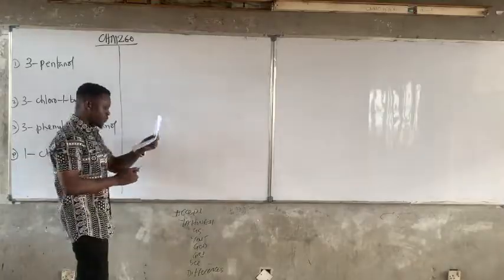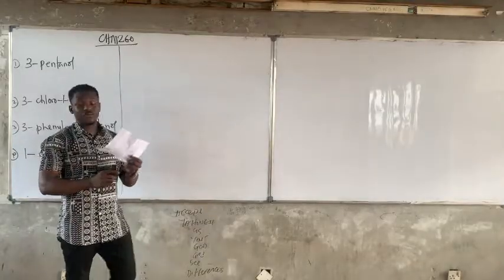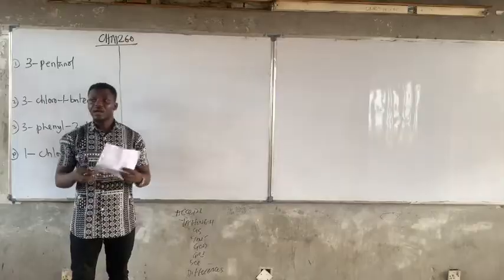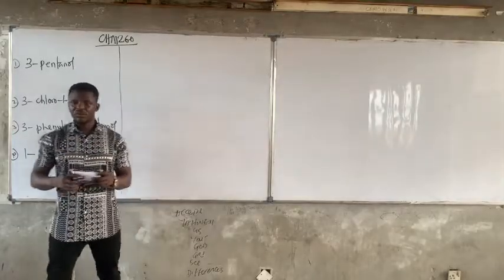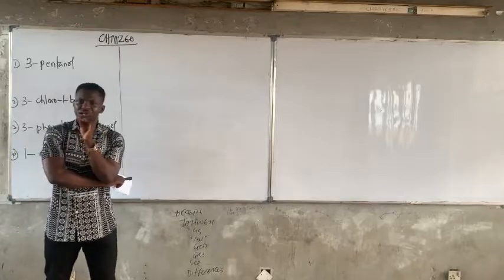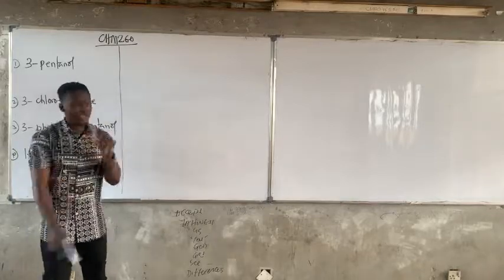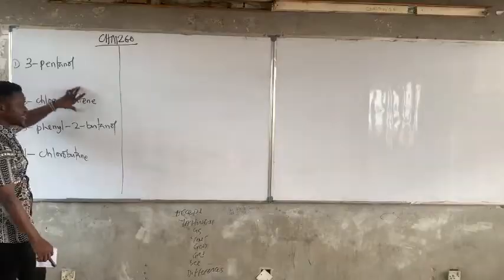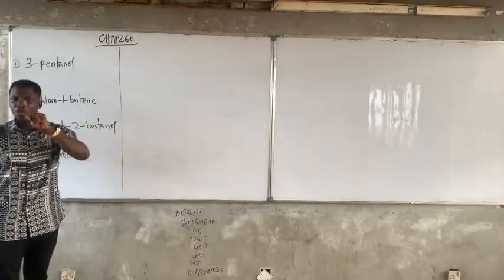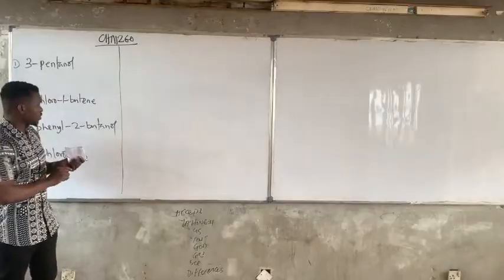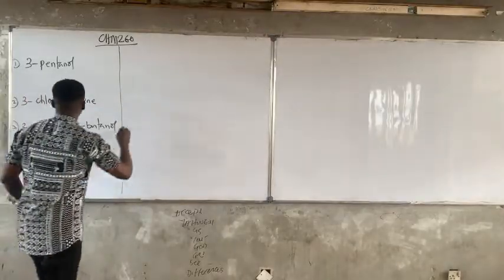Now, for the question, which of the following compounds contains a chiral carbon? Of course, a chiral carbon is a carbon atom that has 4 different substituents. So we're going to write out the structures of all these and check the carbons one after the other and see if there will be at least one carbon that has 4 different substituents. Now, the first one is